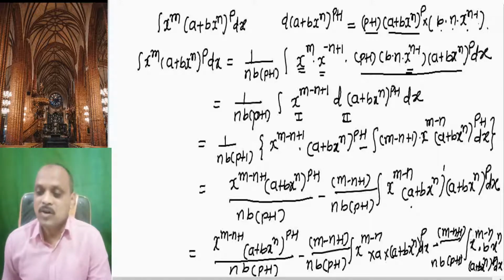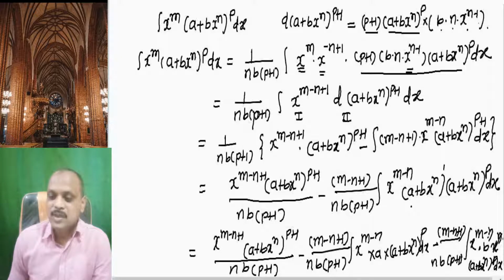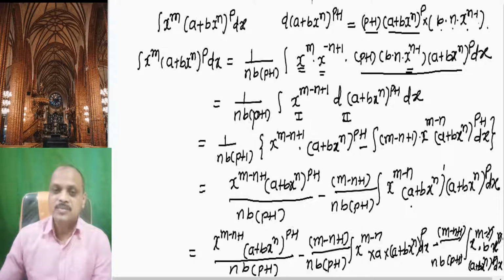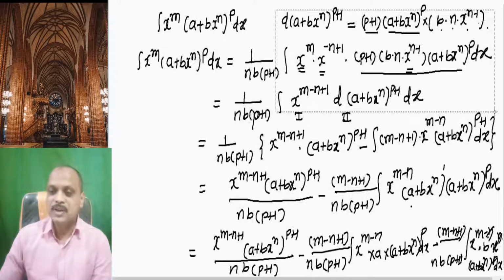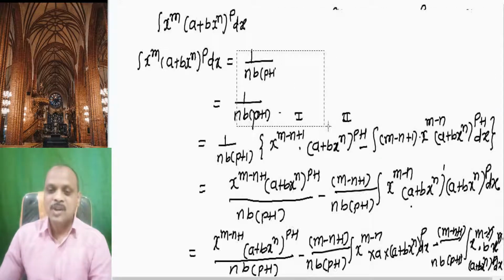Now see the last term of this expression. Let us concentrate on this. We have the power x raised to m minus n and x raised to n. So this x raised to n and this n will be cancelled, and we remain with... let me make some space, so that we can carry out our next calculations.